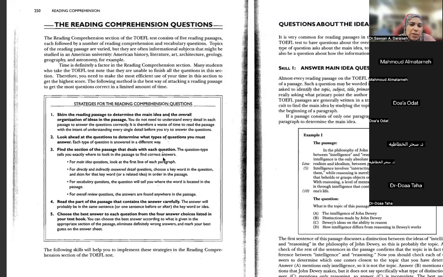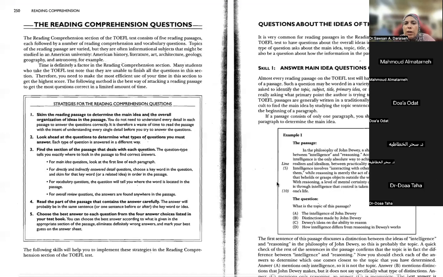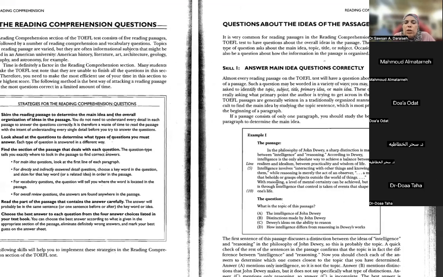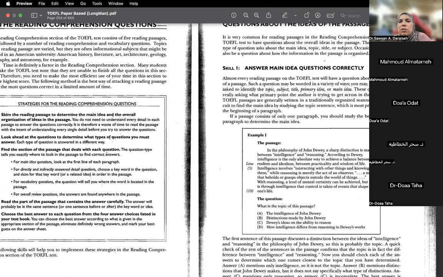Okay, I want to skip this, guys, because it will take time from us. You take a look at this information. We want to now move on to skill 1, because we don't want to spend all day on this information. I think this information you can go over, all right? Let's take a look at the questions about the idea of the passage. It is very common for reading passages,